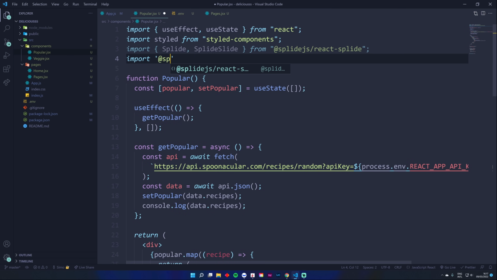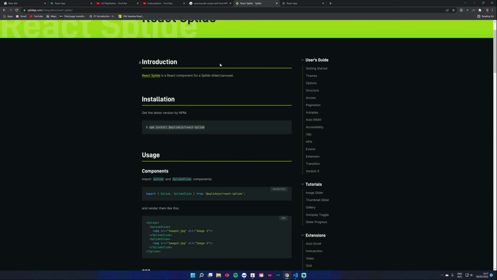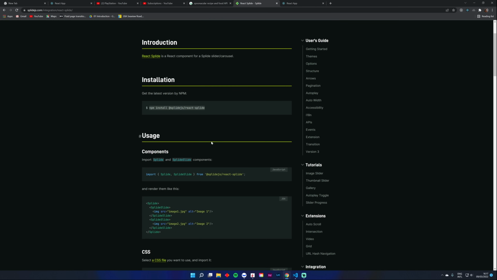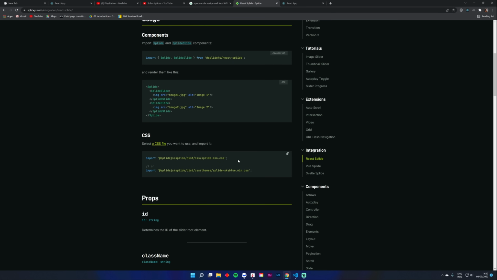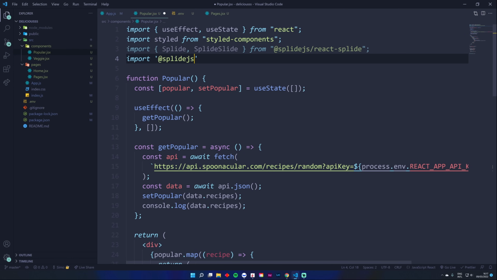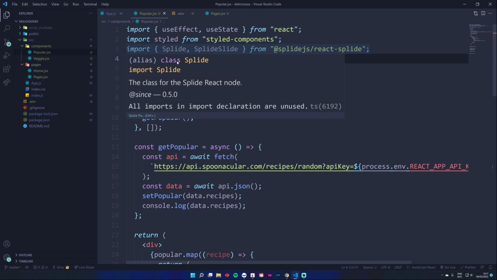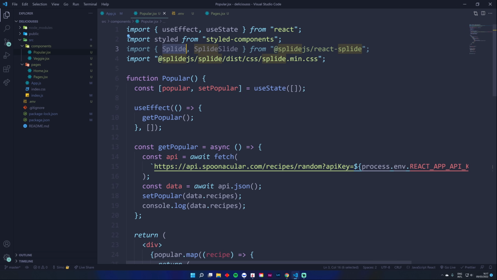So at splide/react-splide. No, that's not the one. Let's go over to the docs. It's here somewhere. Here we go. Import the CSS file, so just copy and paste this over. Perfect. Okay, so essentially the carousel is going to be the Splide component, and SplideSlide is going to be